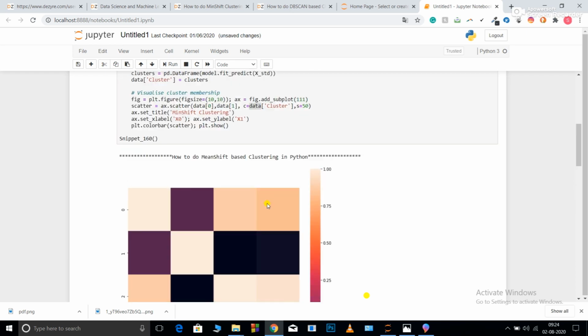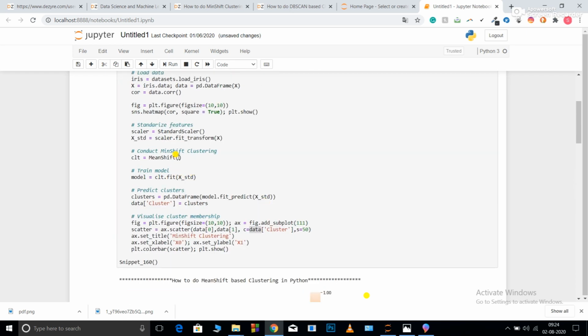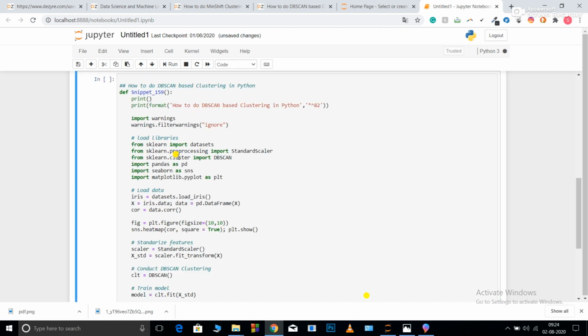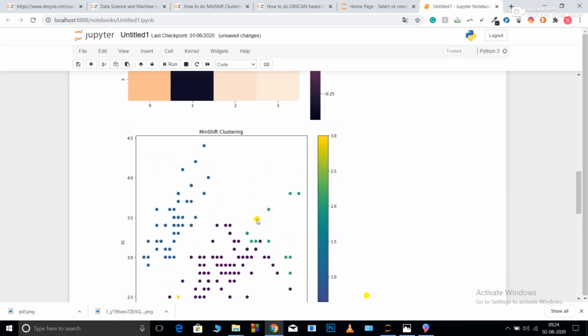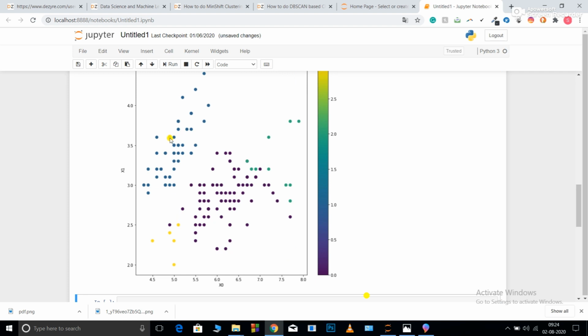Initial bandwidth is 2, I guess, the default bandwidth. Now if I change the bandwidth, you can see that as I change it, the number of clusters increased. Initially there were 2 clusters, now there are 4 clusters.